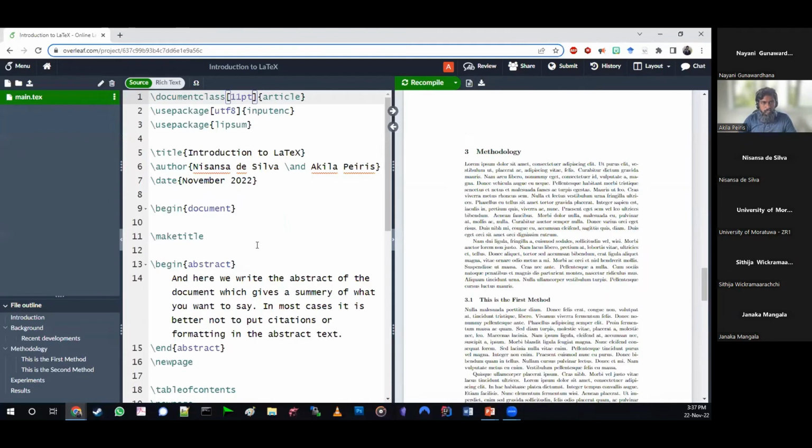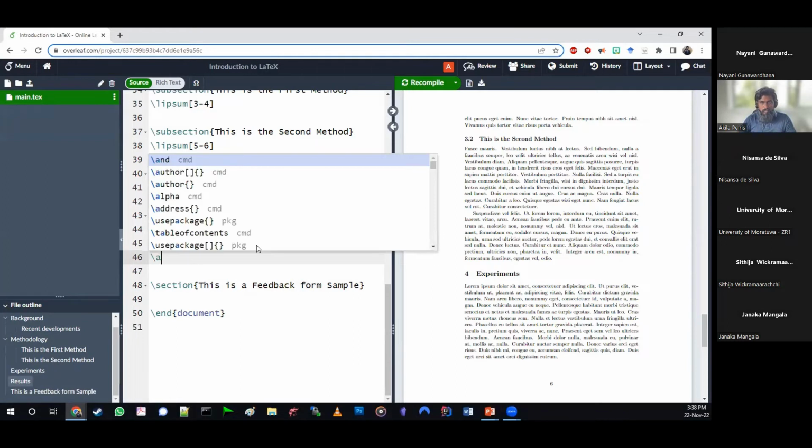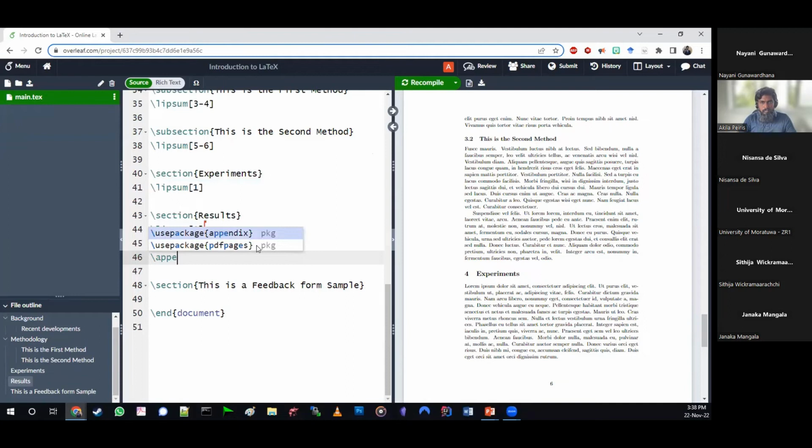Let's say we are going to add a section. This is a feedback form sample. Okay, so this should go as an appendix. So all you need to do is say this is an appendix.